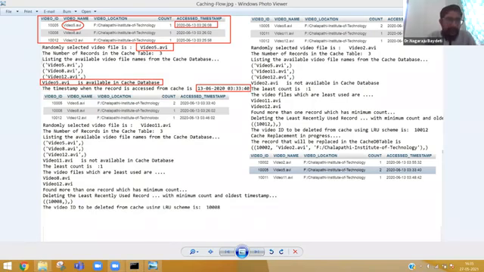Now everybody please observe, because the user has asked for video 5 again, which is already available in the cache, the count will become 2 and the timestamp is updated. The new timestamp comes and the count increases from 1 to 2. This is what we are going to do in case it is already available. Now, again, if you run the program,